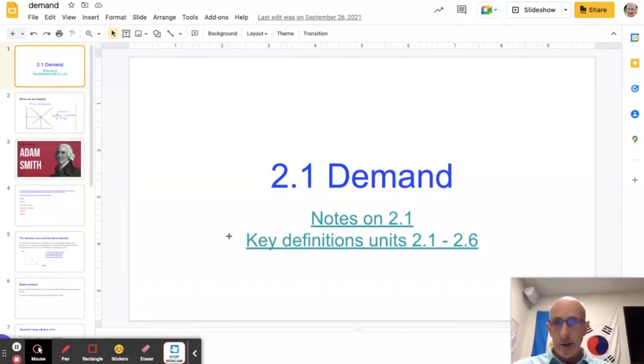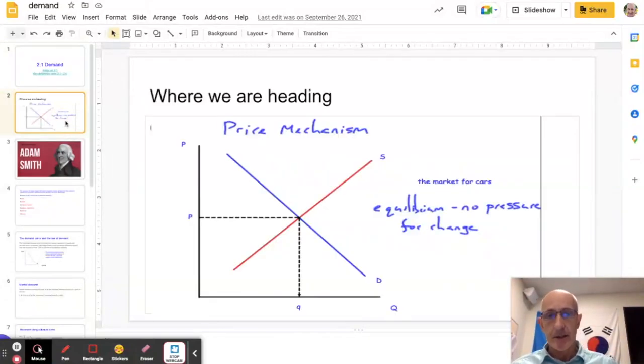This short video is an introduction to demand. So we're on unit 2.1 and just looking at demand theory, where we're heading eventually. And we talked earlier, in the introductory units, about models in economics. Well, here's a model, supply and demand. And you can see this is what's called a demand curve or a demand schedule, and similarly a supply one